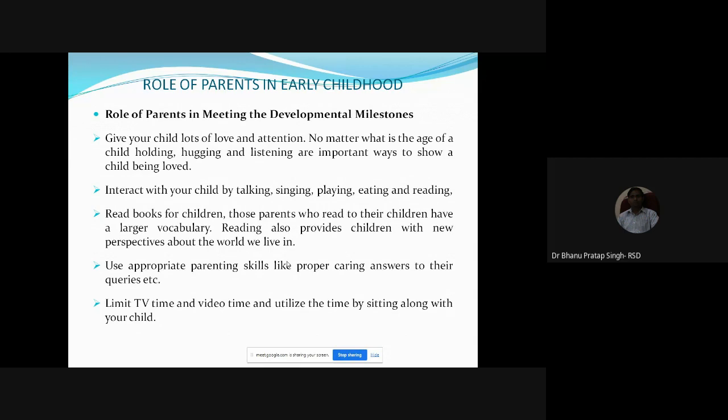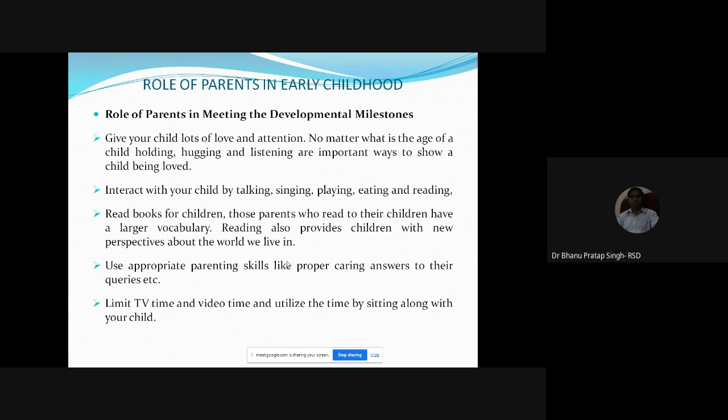But at present, it may not be possible for families to live with their grandparents. So the duty of mother and father becomes very important. They should read books for the children,